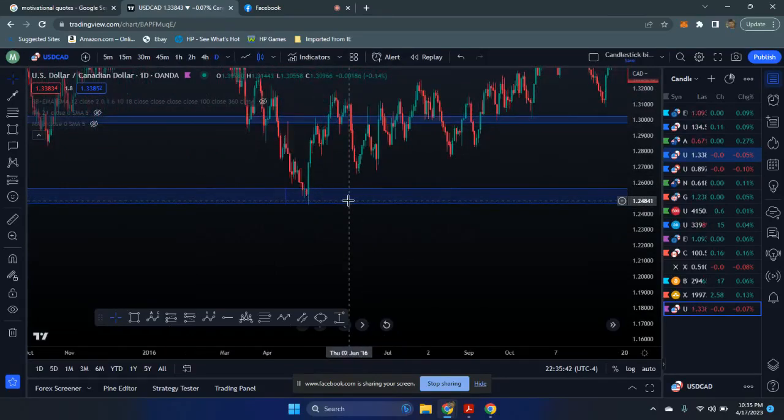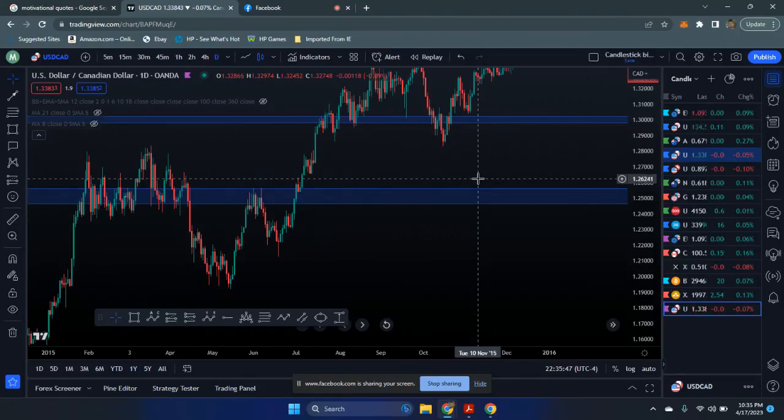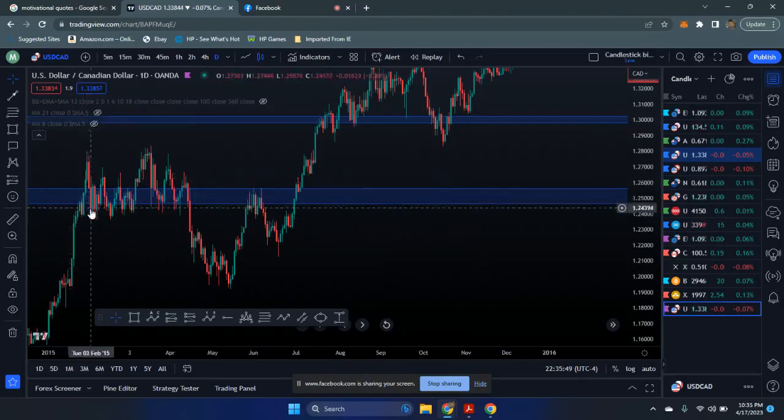Yeah, I like this area. And here's why. Price is really respecting this area, even in,